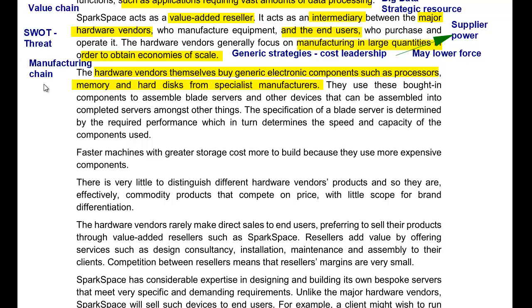And it also highlights potential expansion opportunities. So could Sparkspace, in a sense, integrate backwards by buying a hardware vendor or by starting to produce the hardware themselves, and in turn deal with these specialist manufacturers of processors, memories and hard disks, or then go a step further again and perhaps start making their own processors, their own memory, their own hard disks. Now, of course, they will not have the experience of these specialist manufacturers, but it will allow them to control